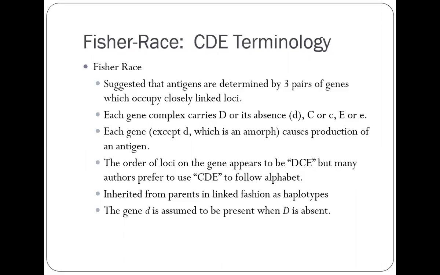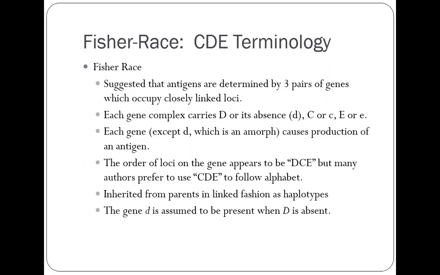So each gene complex would carry a D or its absence. Again, there is no such thing as little d, but we will call it little d. Big C or little c, big E or little e. So each gene, except for the little d, which is an amorph or doesn't produce a product, would cause